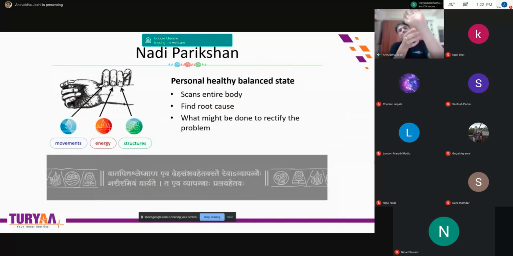So Nadi is felt at the root of the thumb at the wrist. I don't know whether I'm visible, but at these three locations. Okay, 1, 2, and 3. Each one of you can try to feel whether you can feel your Nadi here, feel your pulse, whether you can feel it. Yeah. So there are 3 locations on the same artery, which are shown in this image, and they capture the information of Vata, Pitta, and Kapha.